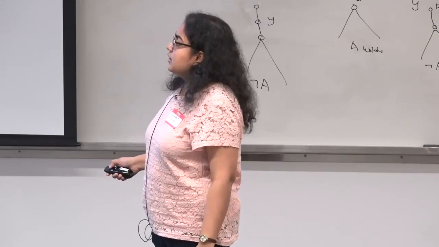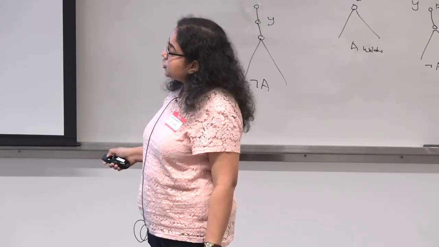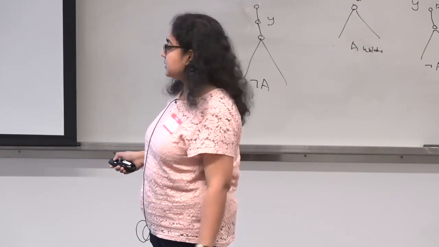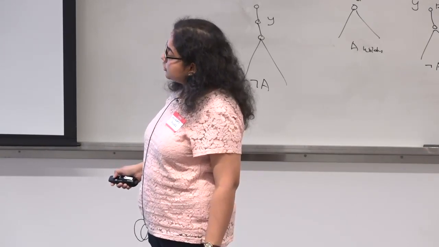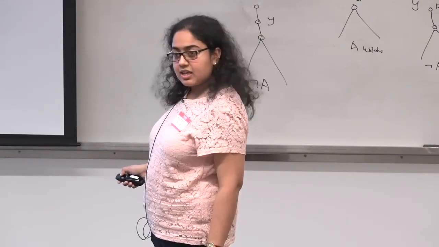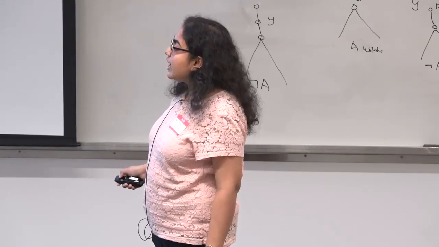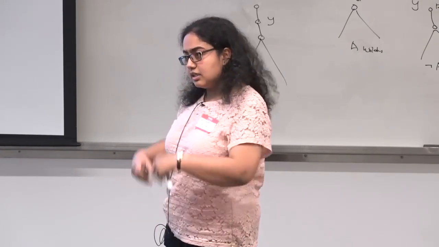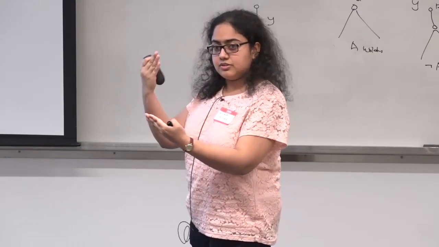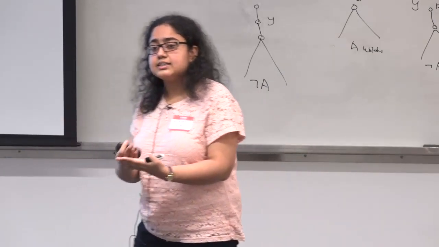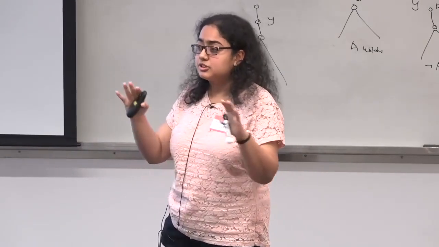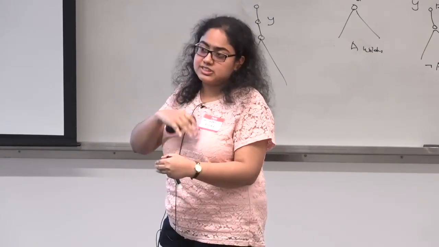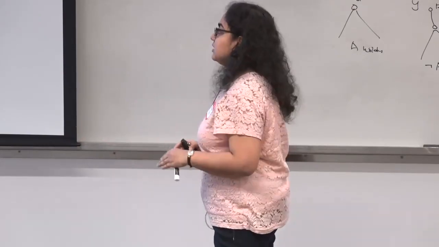So let's say that n sub sigma is the number of children whose subtrees are in the equivalence class small sigma. Then all we have to do is look at this vector. You might ask, why are we looking at the minimum of n sub sigma and k, instead of looking at each particular n sub sigma value? The reason is that a k-move Ehrenfeucht game will not be able to differentiate between an n sub sigma which is k plus 10, and an n sub sigma which is k plus 20. It doesn't distinguish between them.